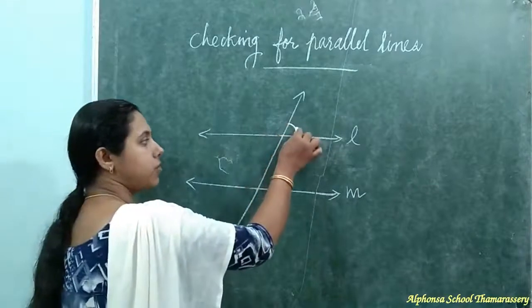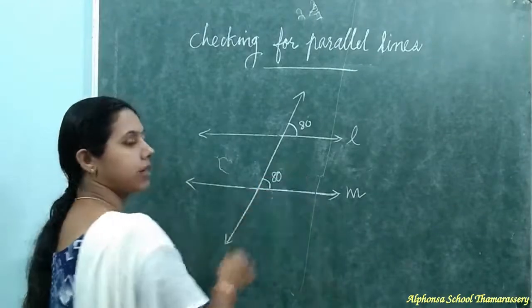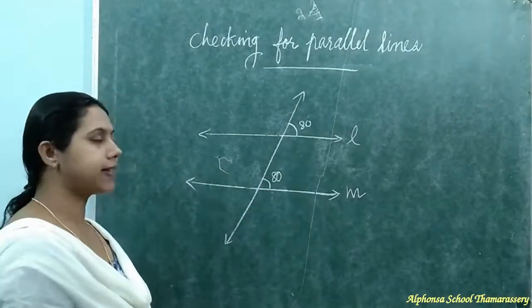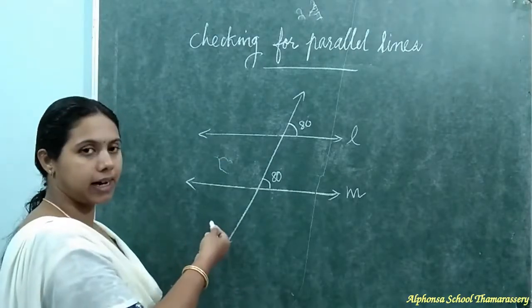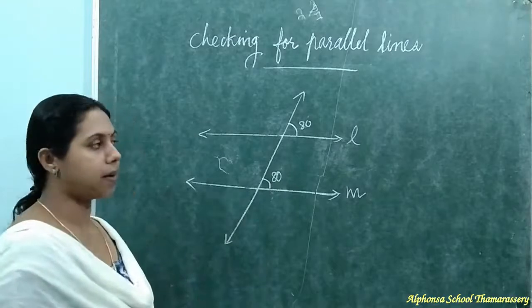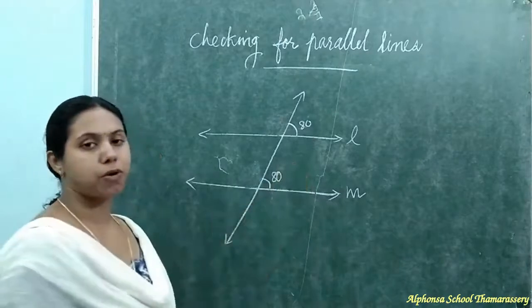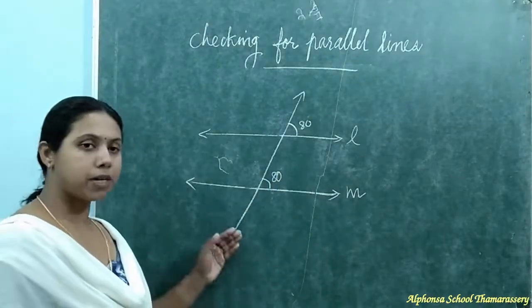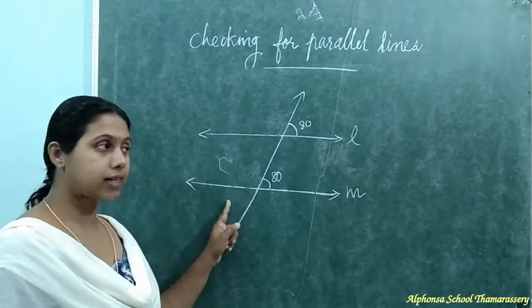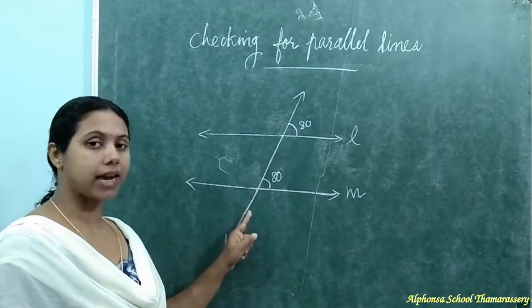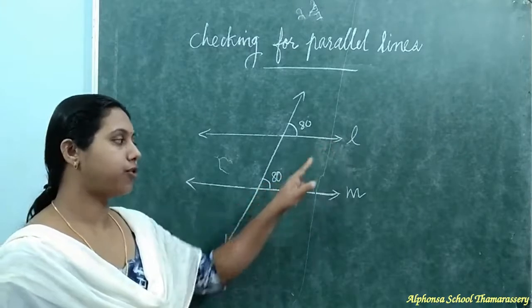Here, suppose these two angles are given. This is 80 degree and this is also 80 degree. One pair of corresponding angles are given. You can see that these corresponding angles are equal. So we can say that these two lines are parallel. Line L is parallel to line M because each pair of corresponding angles are equal. So I'll repeat once more. When a transversal cuts two lines such that a pair of corresponding angles are equal, then the lines have to be